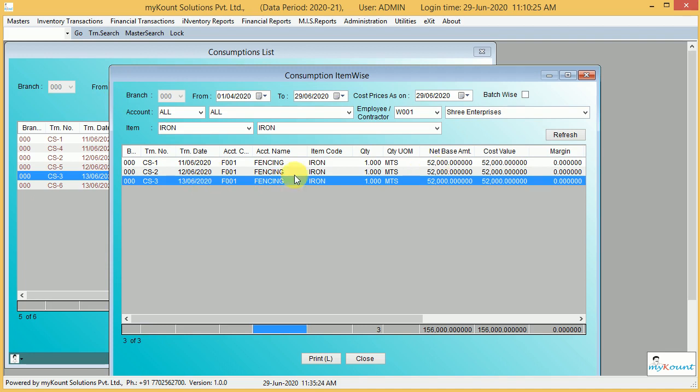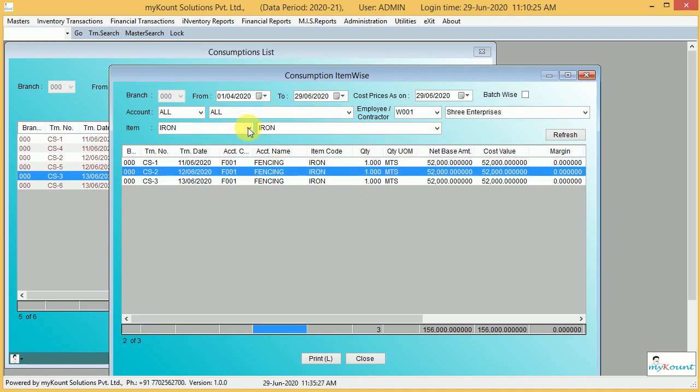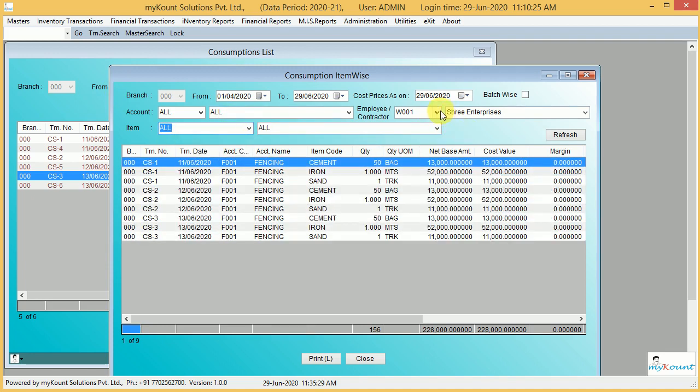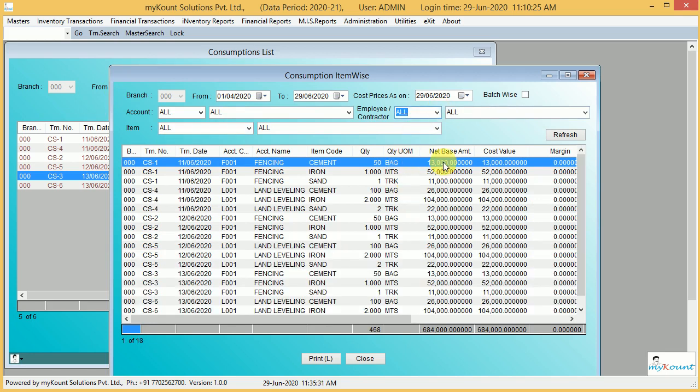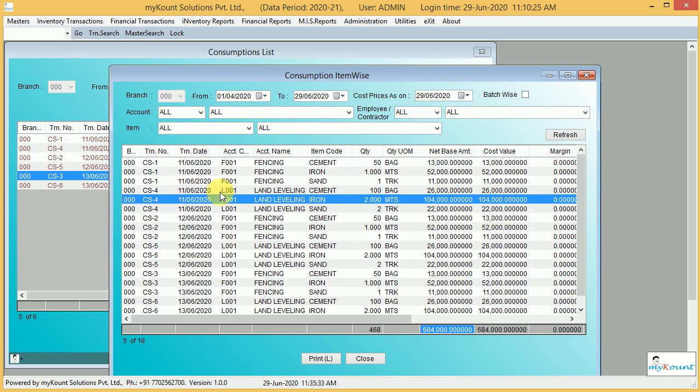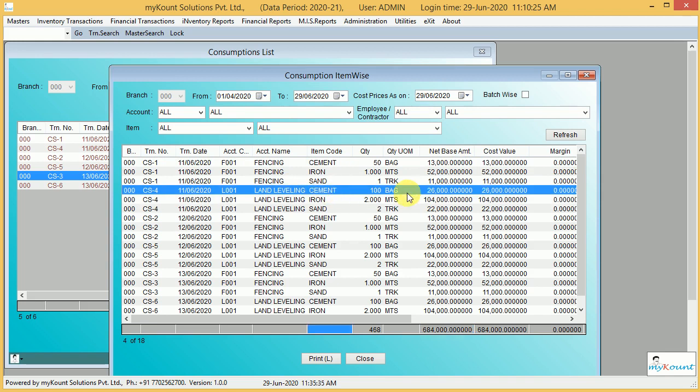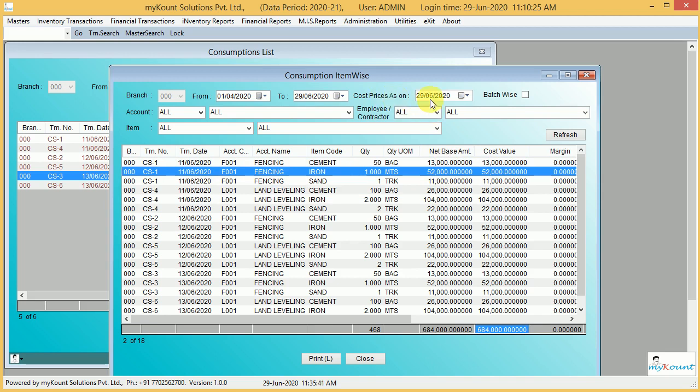Here, this is net base amount. So this item at the time of usage, this is the cost price, and this is as per the specified cost price date.